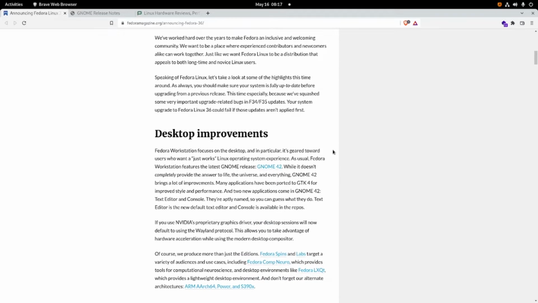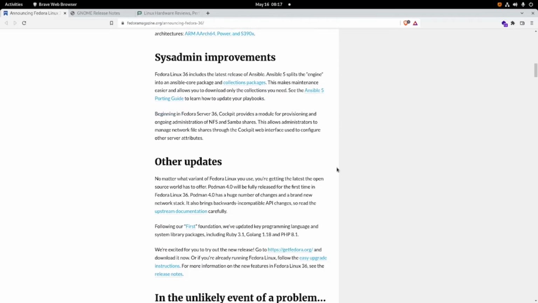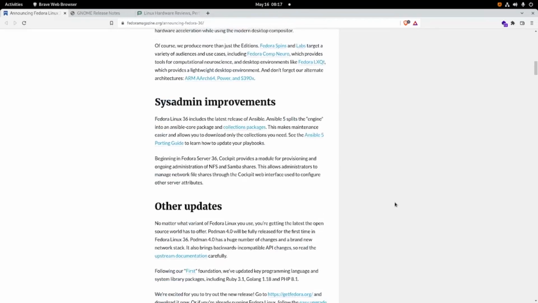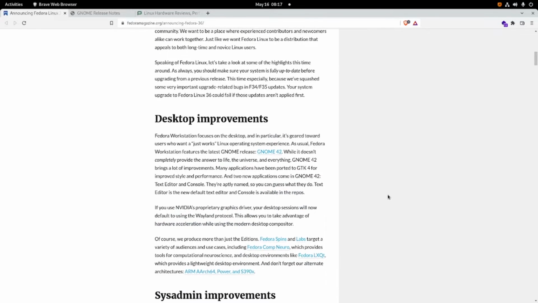There are desktop improvements, sysadmin improvements, and other updates. Since I'm not a sysadmin and I'm just an ordinary Linux user, I will review the desktop improvements side.